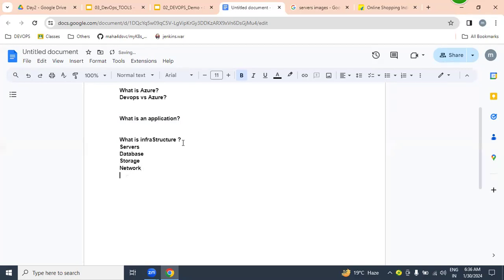A network is required, and so on. These are all the major infrastructure required. Clear? Understood. So for maintaining our applications, we require this infrastructure.